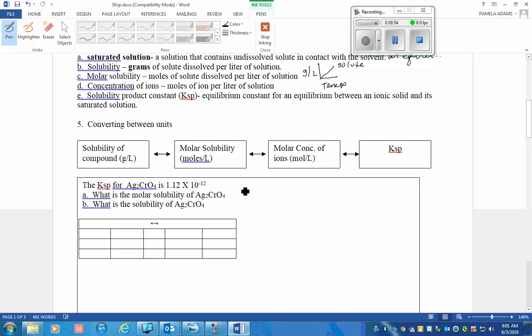The KSP for silver chromate is 1.12 times 10 to the negative 12. So the KSP expression would be 1.12 times 10 to the negative 12, and that would be equal to the silver ion raised to the second power times the chromate ion raised to the first power. We recall this expression from earlier in this discussion. So silver chromate